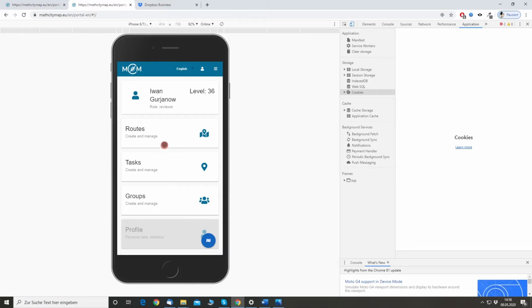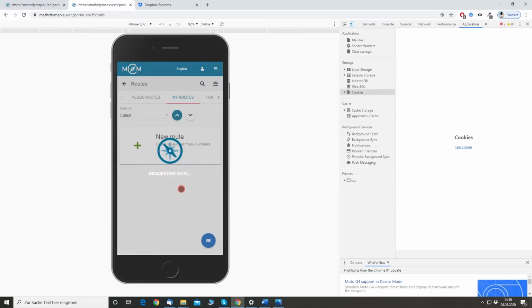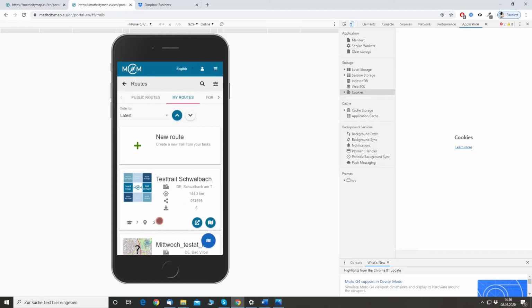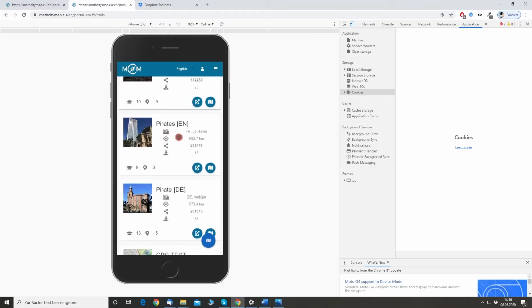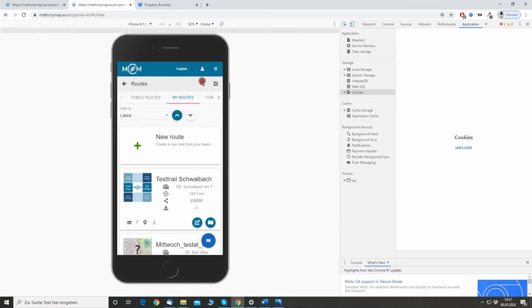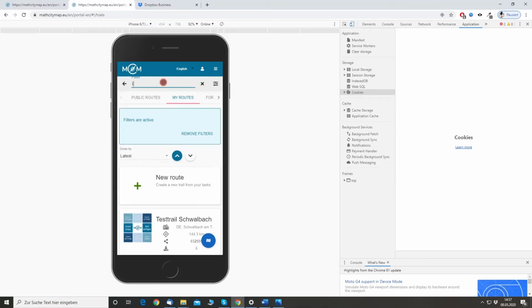Okay. For example, I would like to browse my routes, and I just select some. I have a nice one in English, it's the ISP trail.